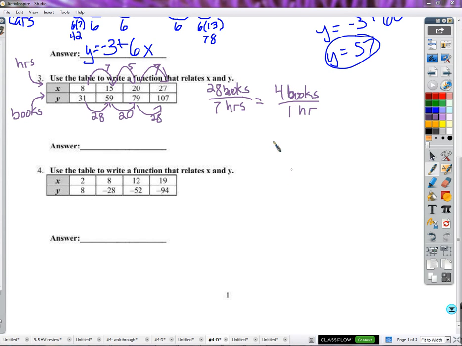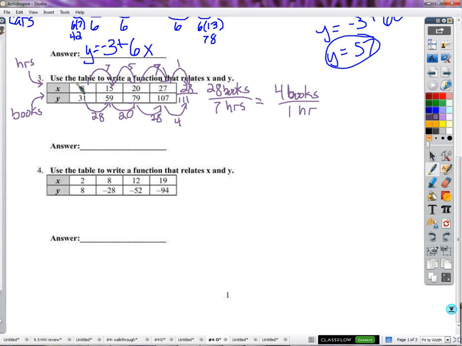And that's going to be helpful to know, because if I want to know how many books I have produced in the 28th hour, that's just 1 hour away from the 27th hour, then how many books will I have? Well, now I know that's 4 books per 1 hour, so 1 hour later I'll have 4 more books, which puts me at 111 books, right? So that's helpful. Now, to create a formula that will do this for any number of hours later. Okay, again, very helpful